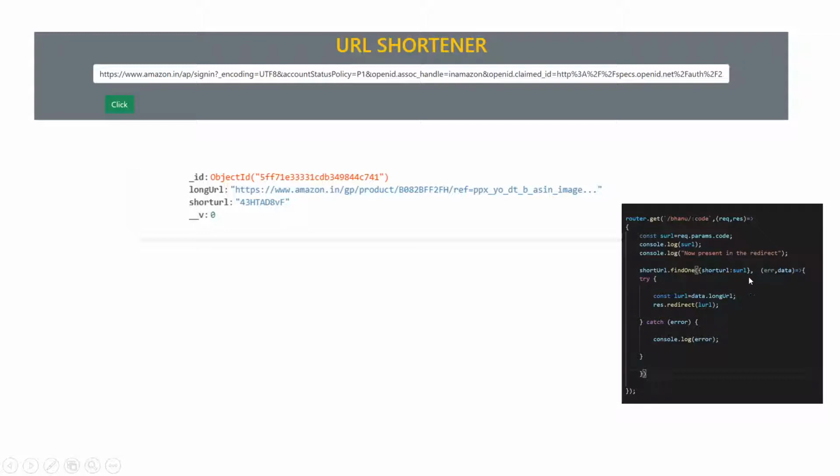This is the code for searching our database, and if we are able to find it, we retrieve the long URL from the database using the dot long URL property, because we are storing it as a JSON object. Actually it is saved as BSON, I am saying JSON. So we are retrieving the long URL and redirecting to it. That's it. This is how this URL shortener app works.